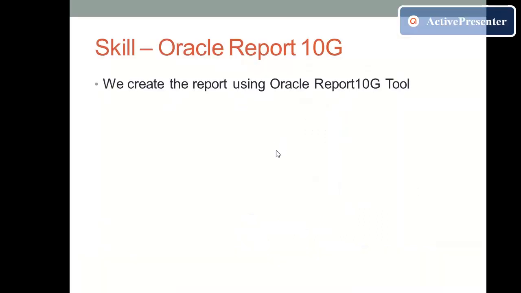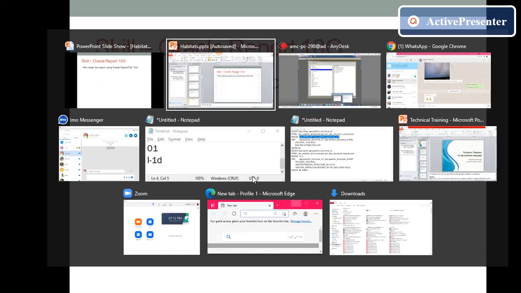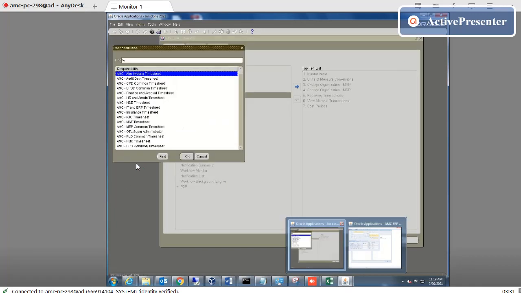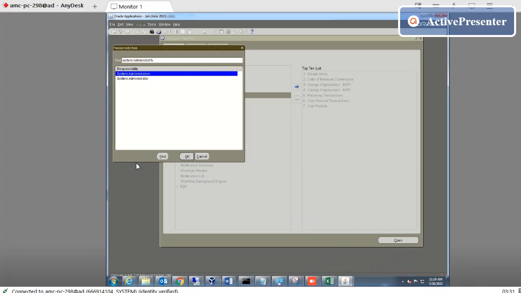Okay, thank you. The next skill is that I developed many reports using Oracle Report Engine. So how we develop, I will show you. I go here in the concurrent, system administrator.